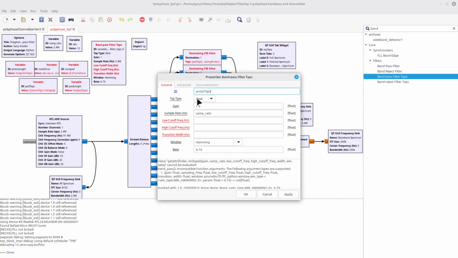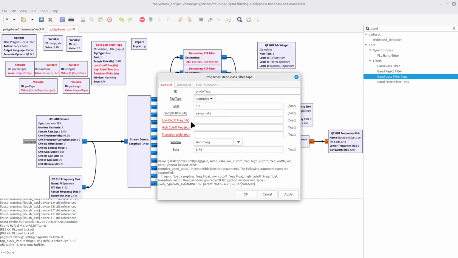The tap type is set to real. What that means is that if I use a tap type of real, I'm going to have the same frequency limits between the negative frequencies and the positive frequencies. I don't want that. I want it just one-sided, in this particular case just for specific negative frequencies. To do that, I'm going to have to change this from real to complex.